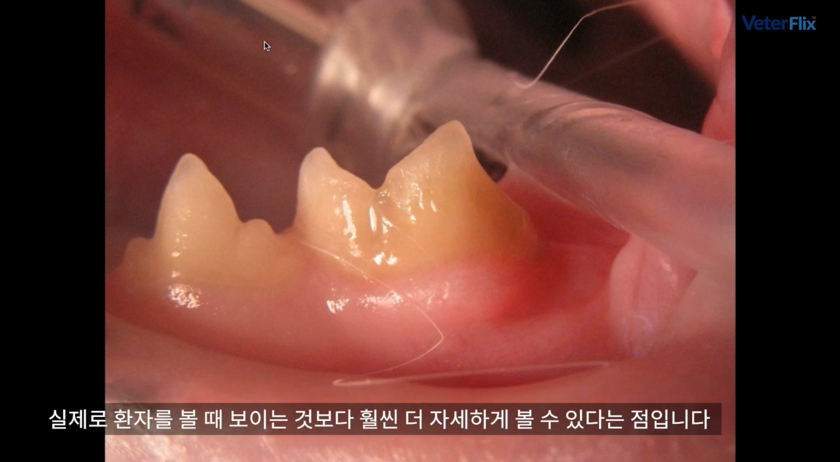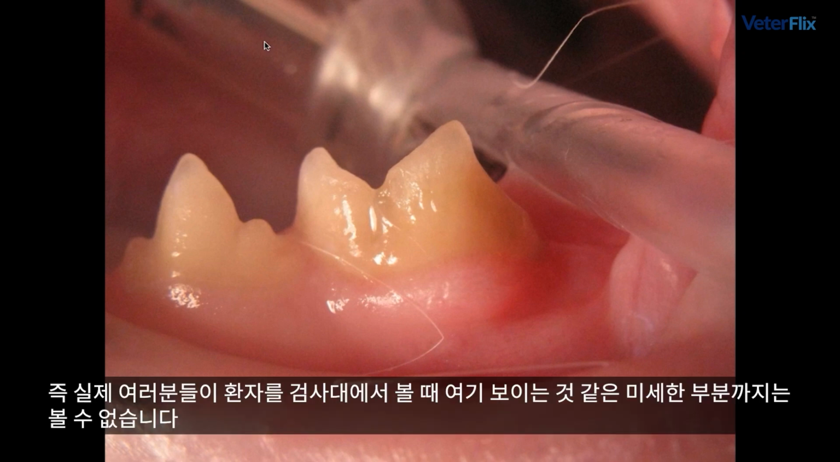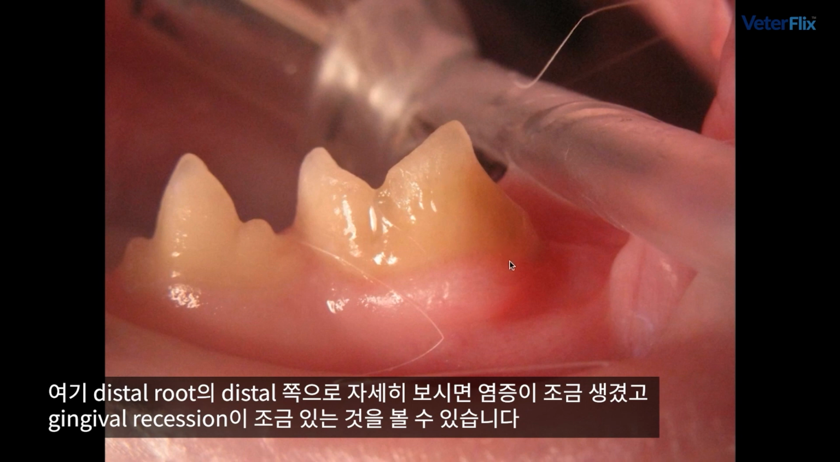So the detail in that image is much, much greater than what it would be if you were actually looking at the patient. So you have this patient on the exam table, you look at that patient, you're really not going to see a lot of subtleties there. If you look really closely right here at the distal aspect of that distal root, and right here, you'll see there's a little bit of inflammation and there's a little bit of gingival recession there. Now,